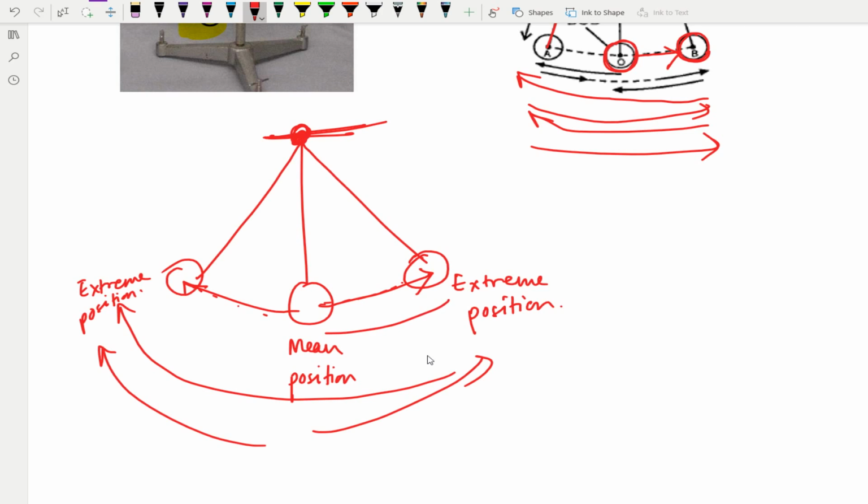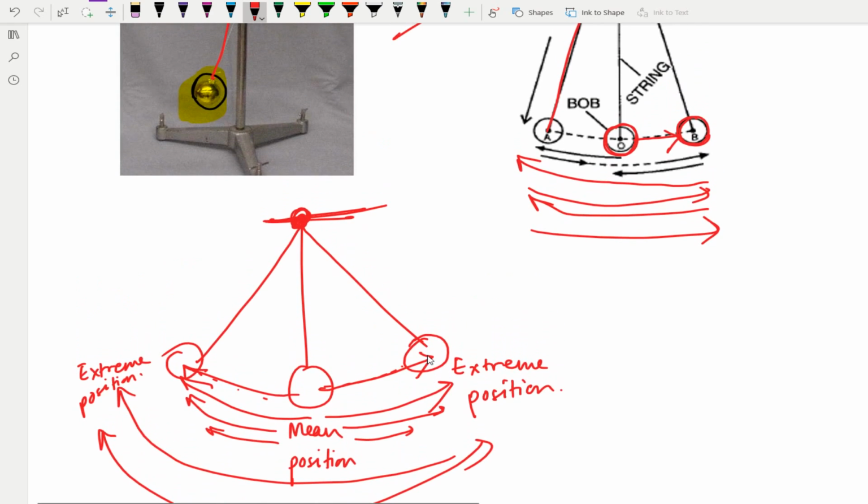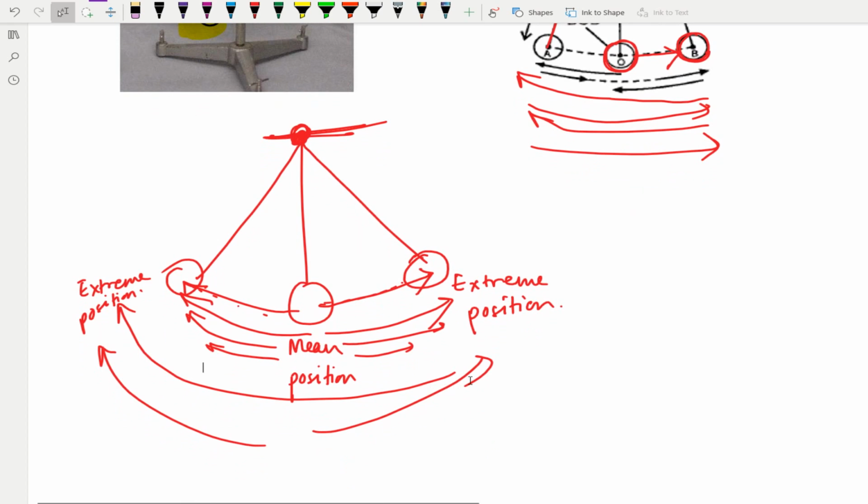First, if it goes on this side with this much length, it may go on the other side with this much length, then slowly and gradually this portion will keep on decreasing, and ultimately the bob will come to rest because of friction. Ideally it should not, but we don't have ideal situations available. We have friction available, we have mass available, string with mass available. So these are all ideal situations. You just need to understand the concept of a simple pendulum.